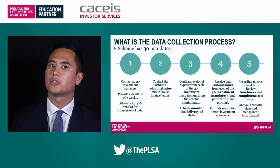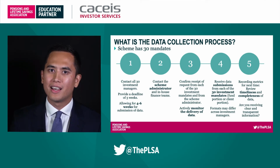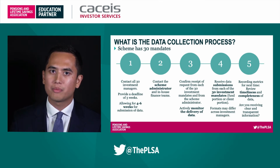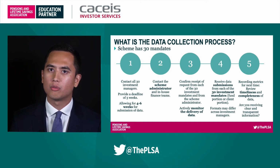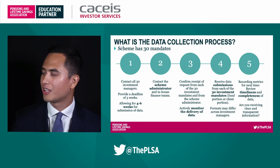the managers acknowledge that request. However, that's not always guaranteed. In the case where some of the managers don't respond on the first go, it's always good to monitor those managers, remind them of the deadline, and answer any queries that they may have regarding the cost transparency exercise that you're conducting. In my experience, some send in that cost data next day, no questions asked. However, some won't even acknowledge that data request, simply sending in the cost data on the deadline date, close of